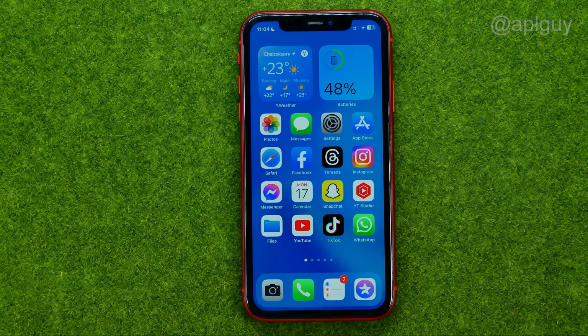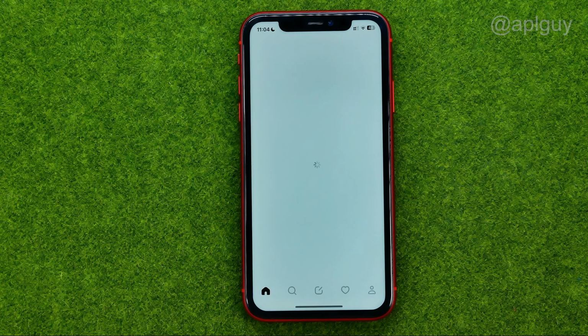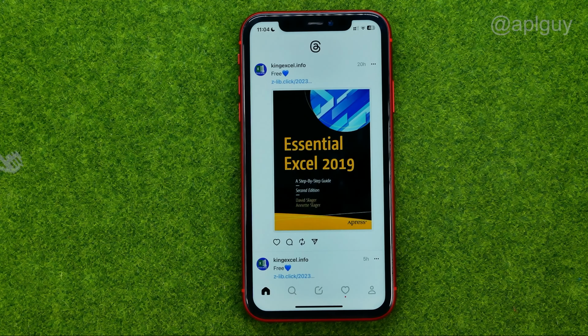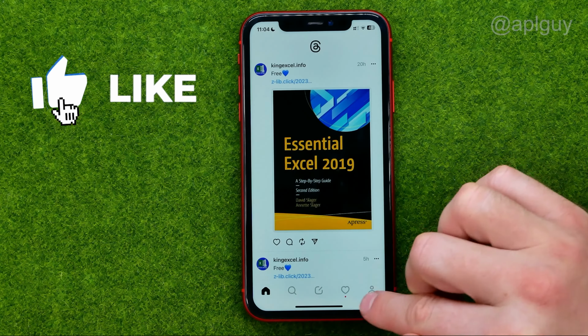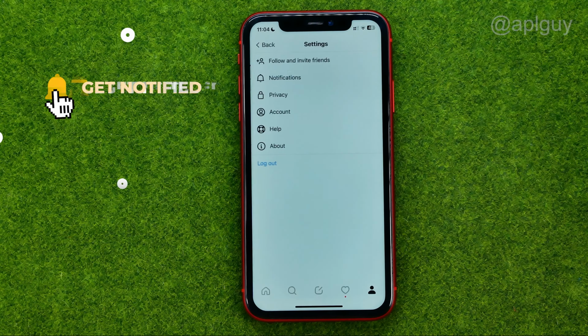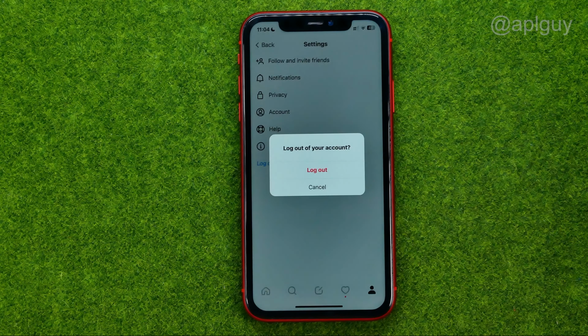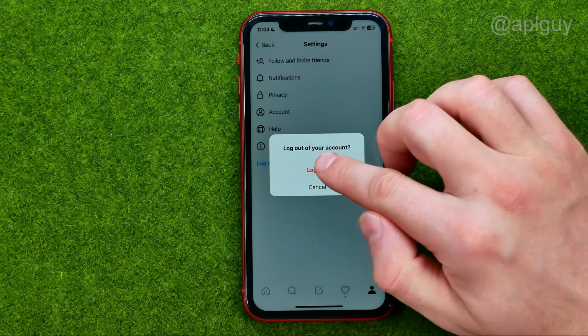Thanks guys. So let's get started, and first off, open up Threads. After that, go to your profile. Tap at these two horizontal bars and tap at Logout. Then Logout again, and after a couple of seconds you will be logged out,